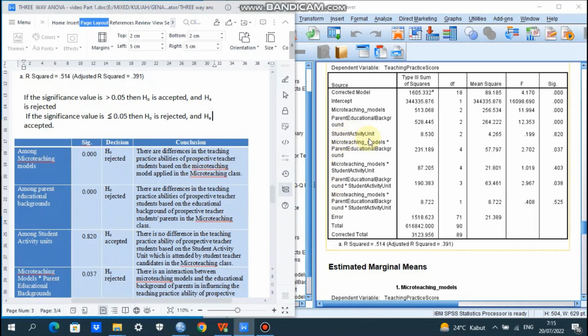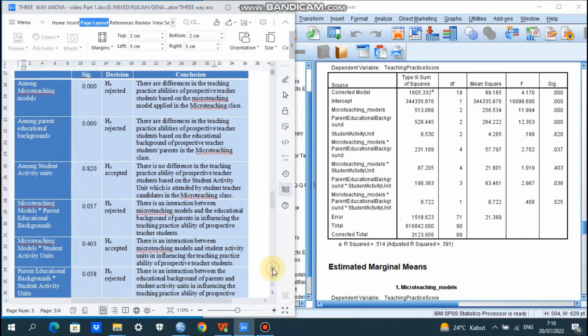Next, among student activity units. We look at the significance here: 0.820, which is more than 0.05. So we can conclude that H0 is accepted.